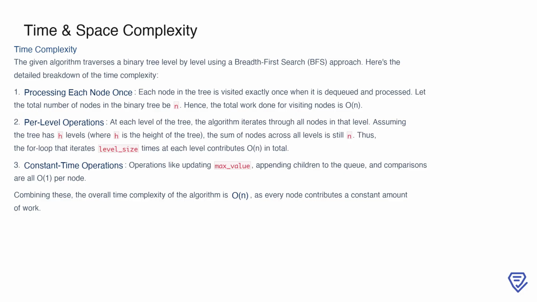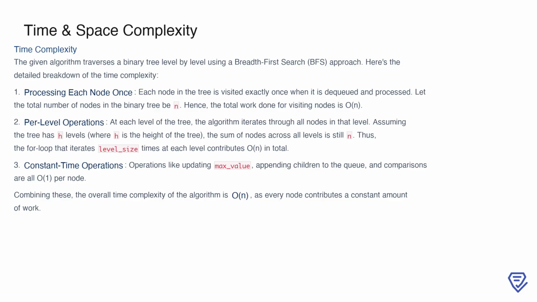The algorithm processes each node in the binary tree exactly once. This means that for a tree with n nodes, the work involved in visiting all nodes amounts to O(n). Additionally, the algorithm performs operations for all nodes at each level of the tree. If the tree has h levels, the sum of nodes across all levels is still n, so the per-level iteration